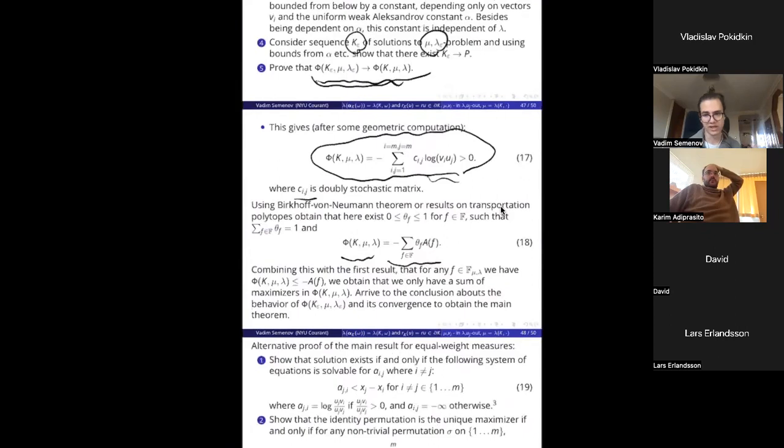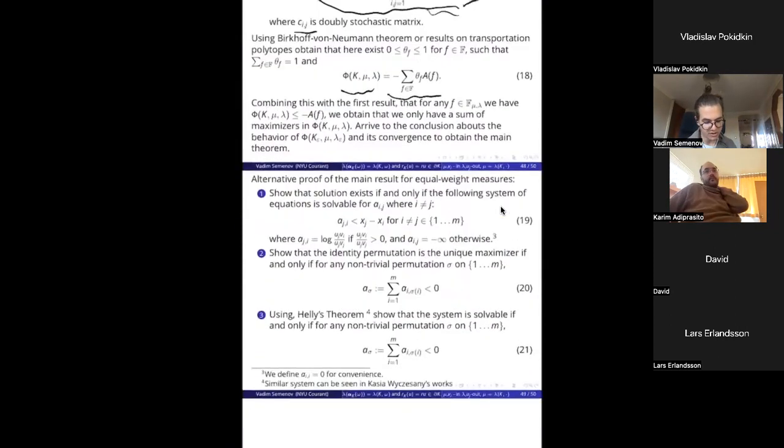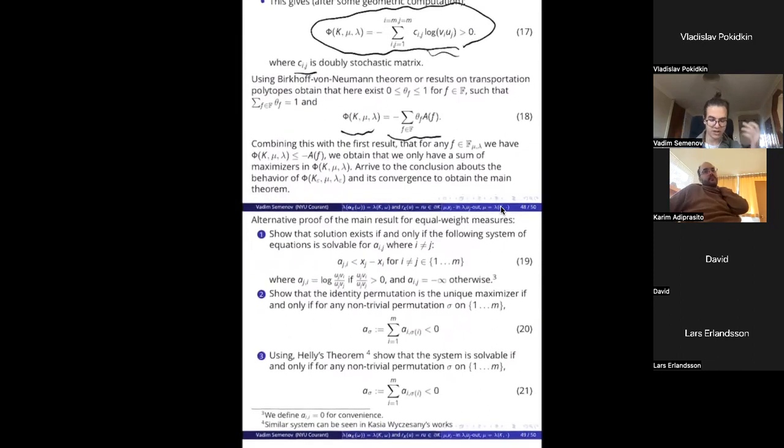And so this is one technique of proving it. Another technique of proving it is playing with the system of equations and using Helly's theorem to show that the system of equations is solvable. And this is very interesting because